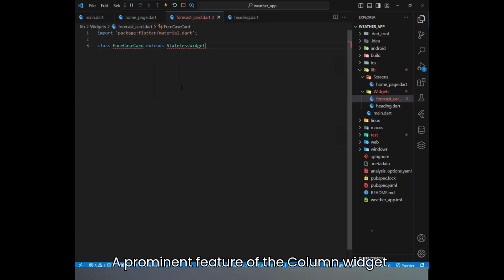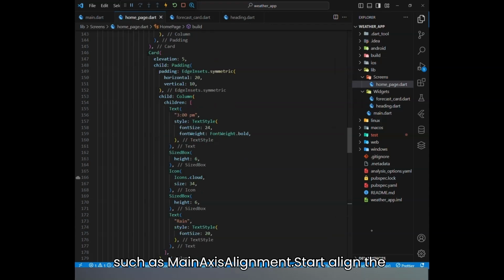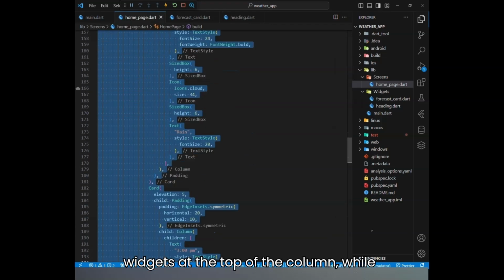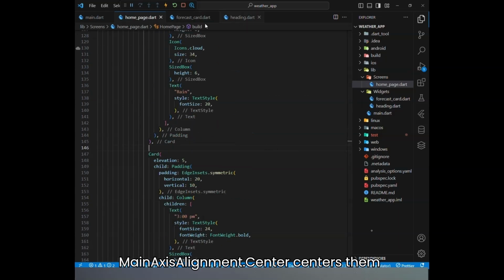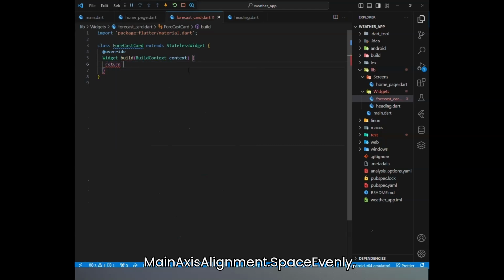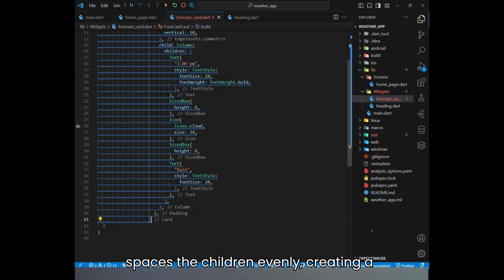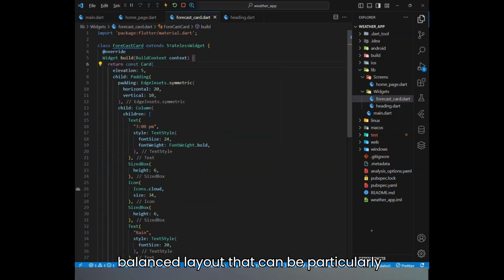A prominent feature of the column widget is its main axis alignment property, which controls how the children are aligned along the vertical axis. Options such as MainAxisAlignment.start align the widgets at the top of the column, while MainAxisAlignment.center centers them within the available vertical space. Another option, MainAxisAlignment.spaceEvenly, spaces the children evenly, creating a balanced layout that can be particularly appealing in